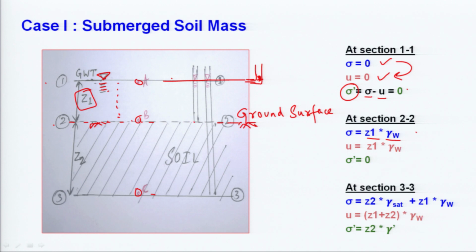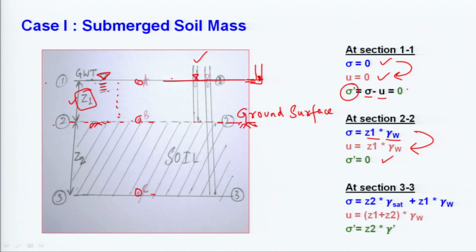When we insert a piezometer, let us say this piezometer is here, and when the piezometer is inserted, the water level rises to this point. So, if the water level rises to this point, what is the pore water pressure? That is the height, that is the energy, that is this Z1 into gamma W. So, the pore water pressure is the same as the total stress here. So, the value of the effective stress will be this minus this, sigma minus u, that is sigma prime.